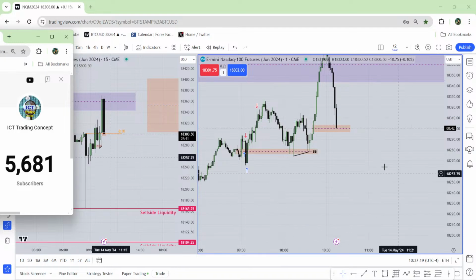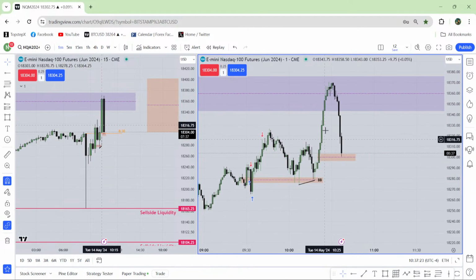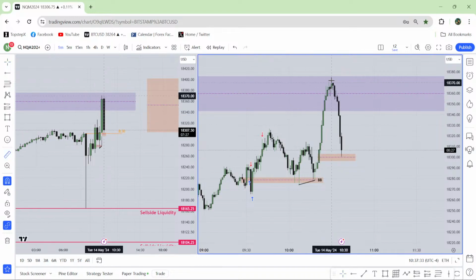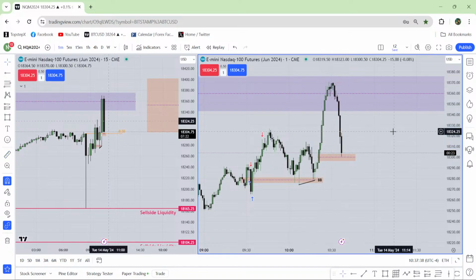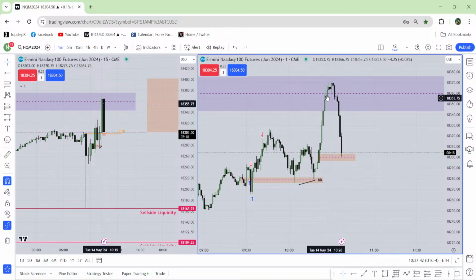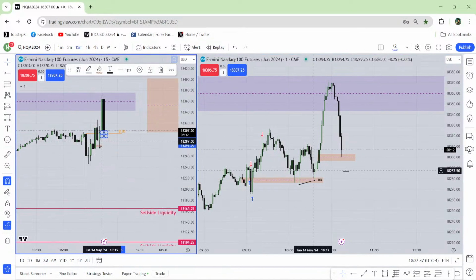Brother, are you feeling comfortable to let this type of run go without taking entry? Are you feeling comfortable or not? It went higher. Oh man, why didn't I push my button over there for sell? If I pushed my button over there for sell, it could be 68 handle. What do you feel when you see this? If you feel that like I missed it, you are not ready to trade live money. Keep practicing, keep practicing, keep practicing.